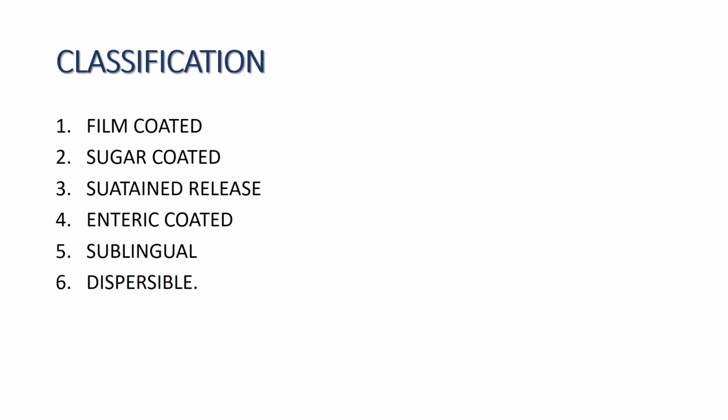Coming to the classification of the different types of oral tablets available in the market. Simple tablets can be available as film coated. Film coated means there will be a thin layer of covering over the tablet. Even if you break it, you can just peel it off. That doesn't mean while eating you should peel it off. This is all done to mask a few disadvantages these tablets have. So the first one is film coated. The second one is sugar coated, where you feel the taste of sugar.